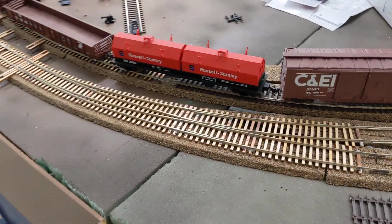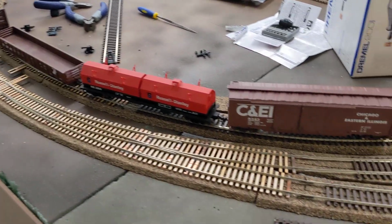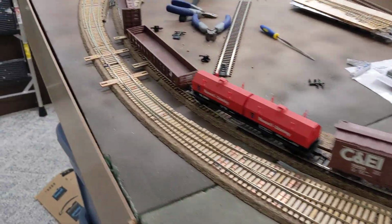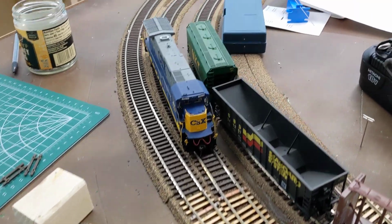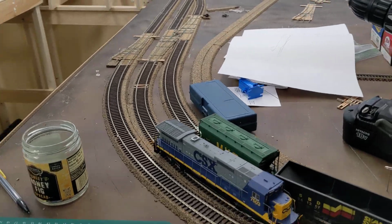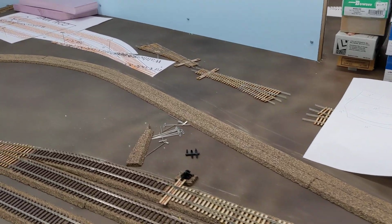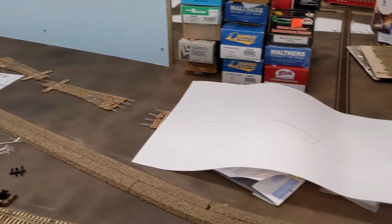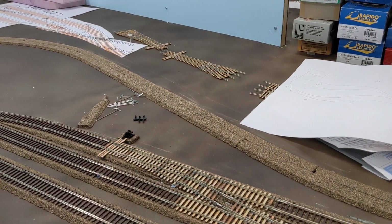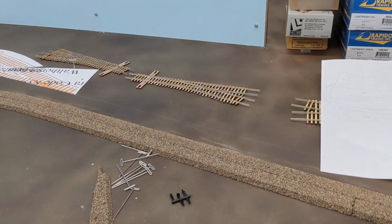And when the turnouts came and I put them on the layout, I realized that they were not going to work. Caused outside radius to change a lot on the main line here, as well as some tight radiuses on the diverging routes. So I went back to the drawing board, or the keyboard, if you will. I had to make some pretty significant changes to the coal mine access and the lumber yard. Kind of hard to see here without the track down yet. We'll get to that in a later update, but the original track plan involved a